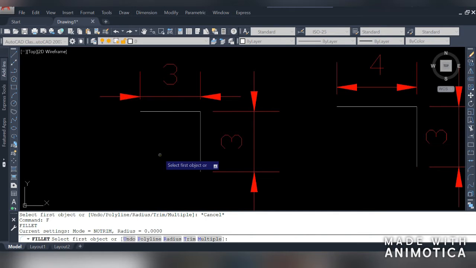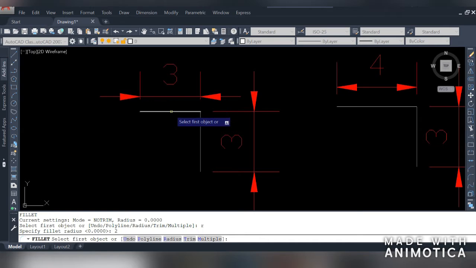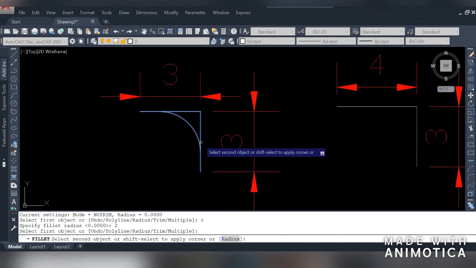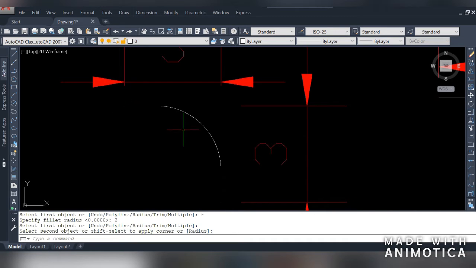So to change the radius, press R and then press enter. Now input the radius value, say 2 unit, press 2 and then press enter. Now select the first object and then the second object. You can see the fillet is created over here.